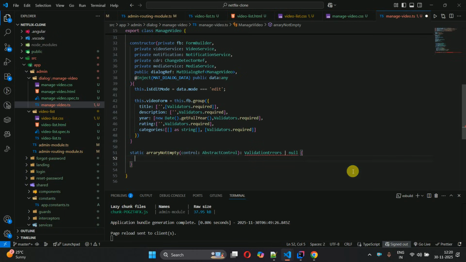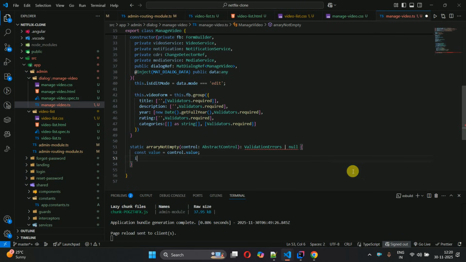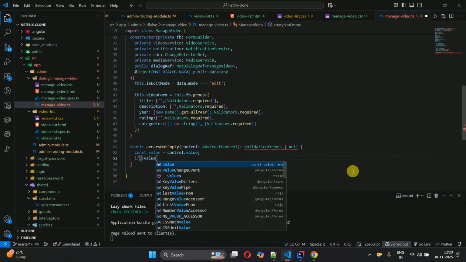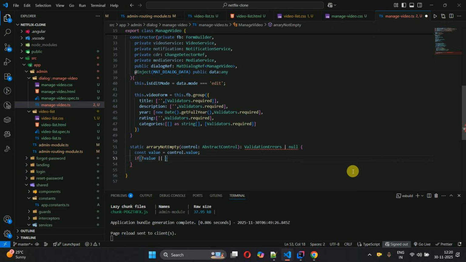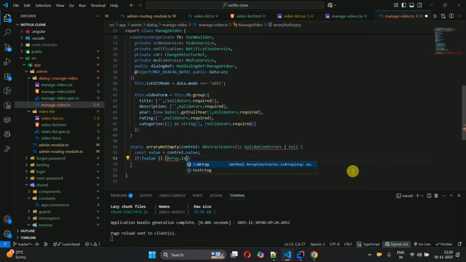And inside this one, const value = control.value, and if not value, or Array.isArray, then we have value,